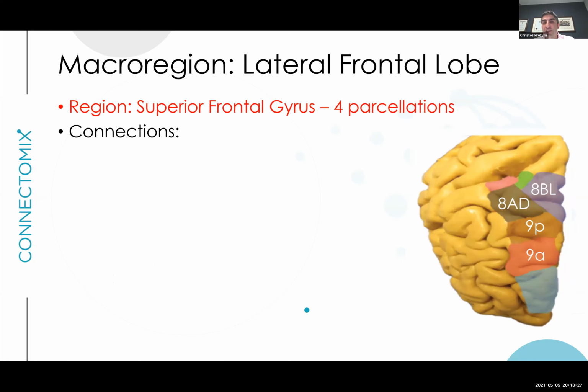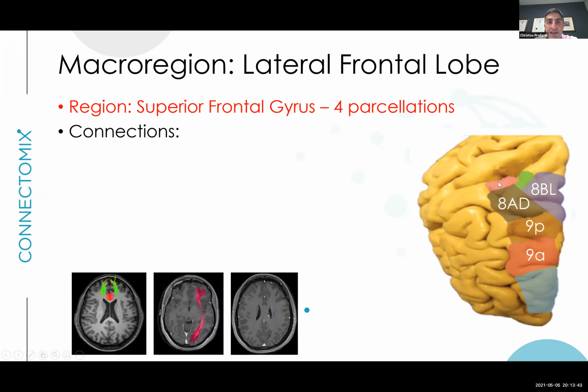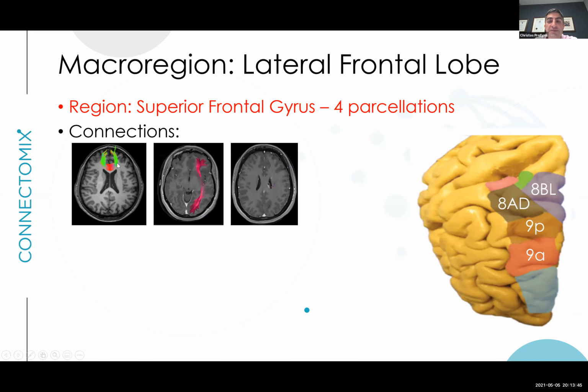The next region we're going to go through is the superior frontal gyrus, and that has 4 parcellations: 9A, 9P, 8AD and 8BL. And you'll see there's a lot of 8 parcellations on the middle frontal gyrus and medially as well when we look at other areas. Connecting this area again is the forceps minor and that genu area of the corpus callosum, the IFOF connecting the frontal lobe to the occipital lobe, and the frontal aslant tract or FAT, which connects the superior frontal gyrus to